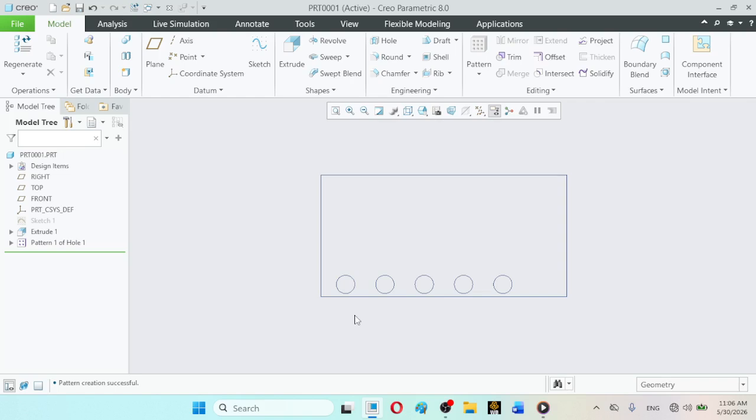The number of objects was specified to be 5, but that means that between the 5 objects there are 4 separations: from this center to this center is one separation, this is the second, this is the third, this is the fourth.